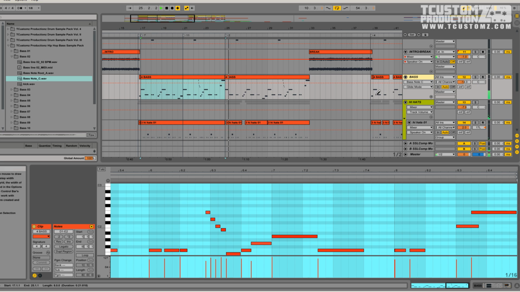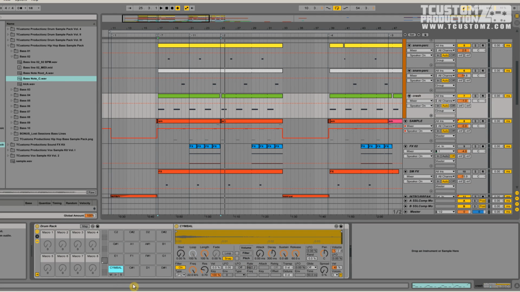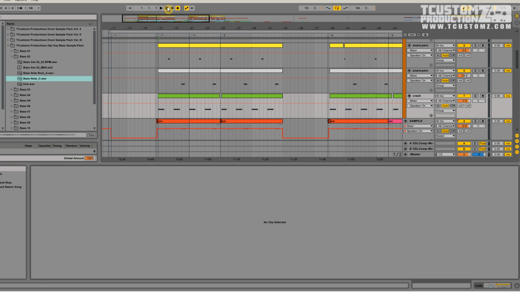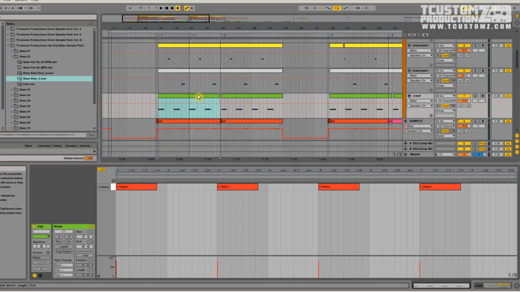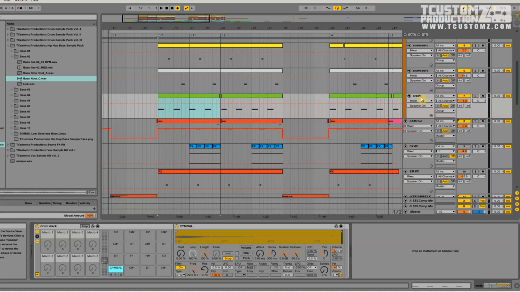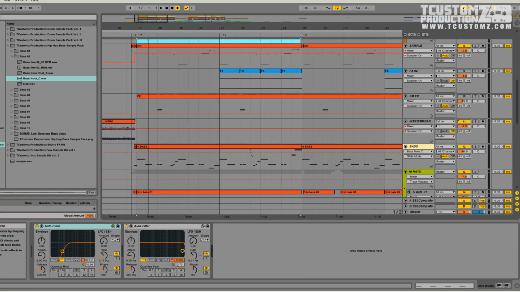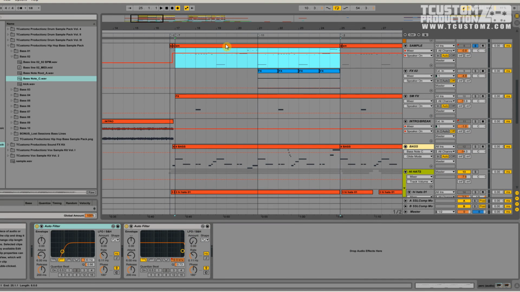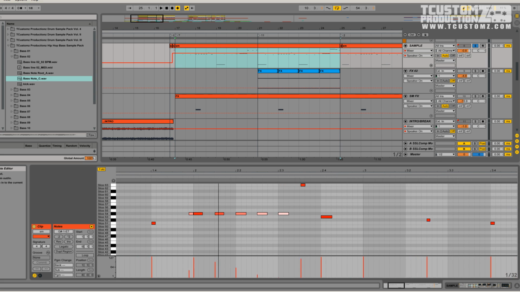Next is when I added a crash cymbal. It's pretty straightforward. I'm adding this at the beginning of every 2 bars, it looks like. It doesn't look like I did any additional processing on this. If I go back to the original sample track where I did this little delay effect right here,